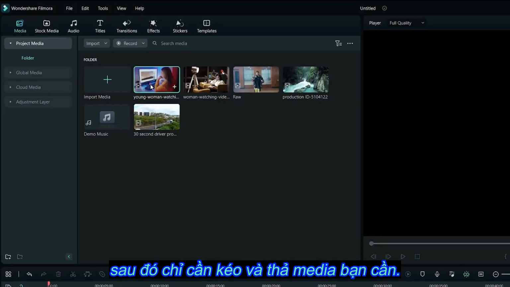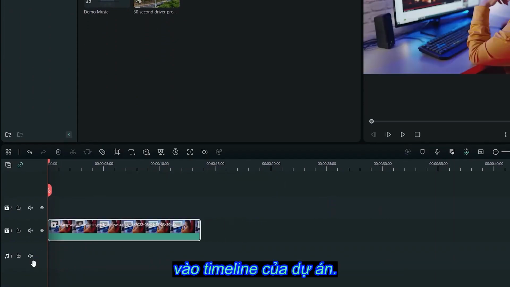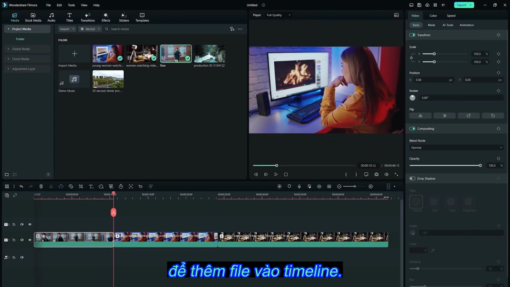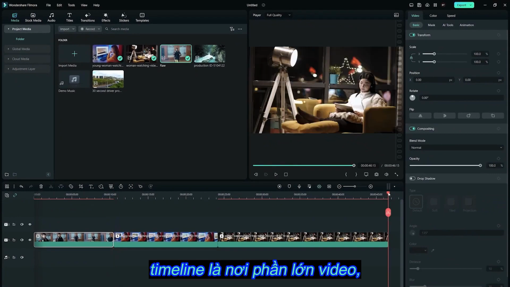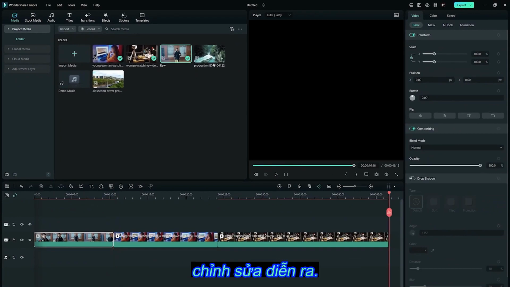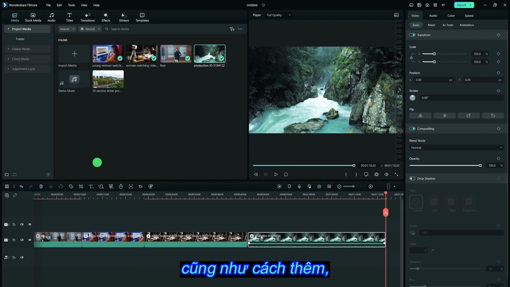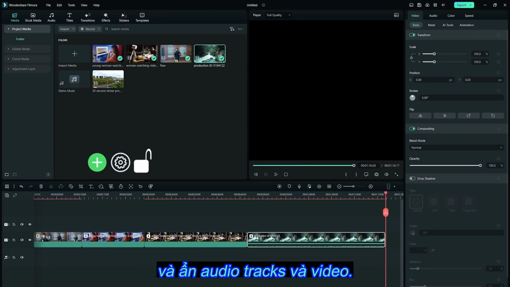Then, simply drag and drop the media you need into the project timeline. Or you can also click on this plus icon to add the file to the timeline. The timeline is where the majority of the video editing takes place. We will be going through the timeline panel as well as how to add, adjust, lock, and hide video and